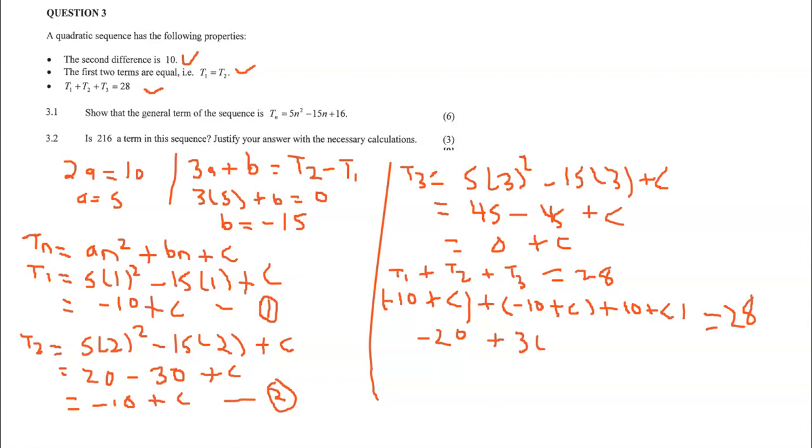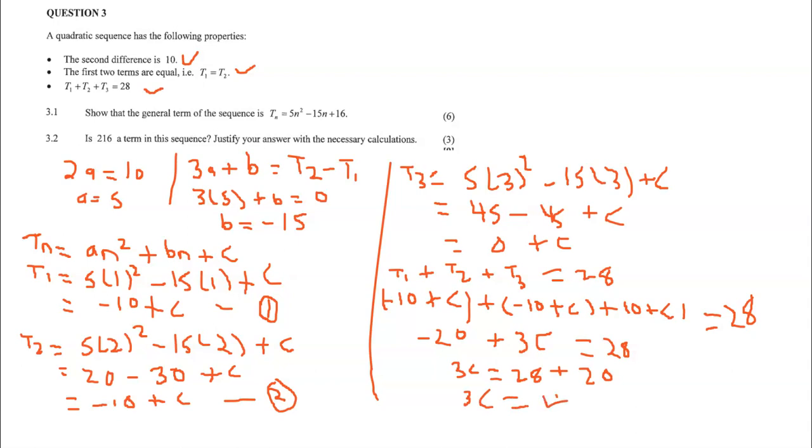And then we know that we're only left with the other side, which is 28 now. So negative 10 and negative 10 will give us negative 20. Then everything will be equal to 28. And then because the aim is to find c, 3c will be equal to 28. And then 20 will go to the other side, which will become 28 plus 20 as our expression. This means that 3c will be equal to 28 plus 20, that will give us